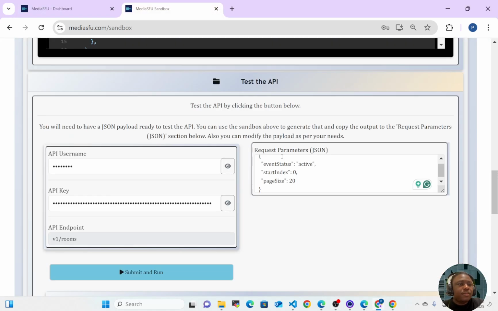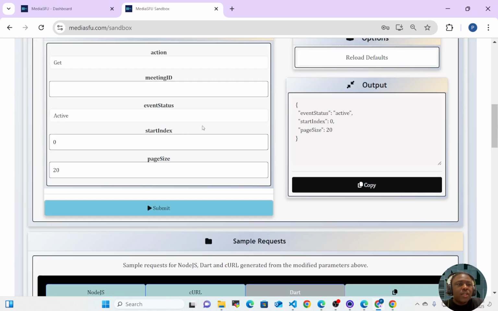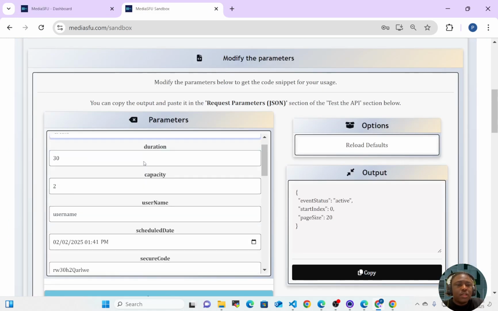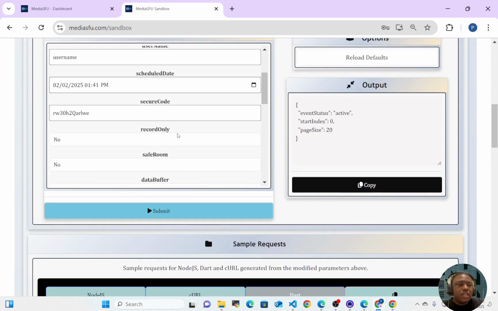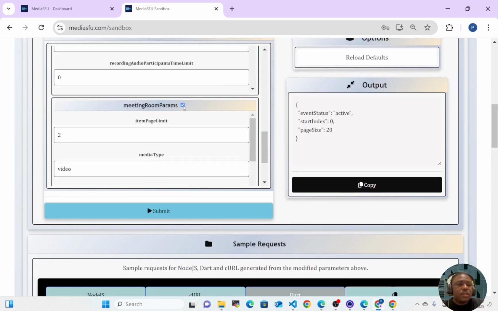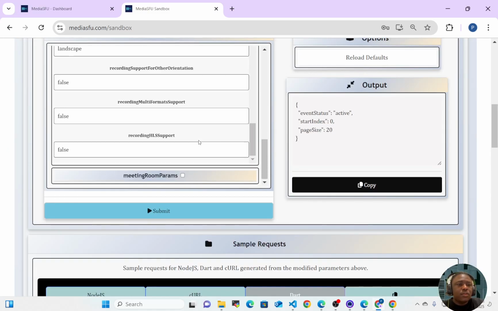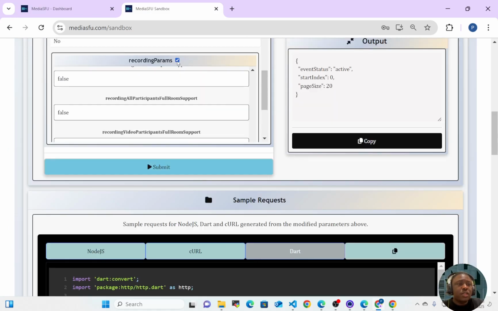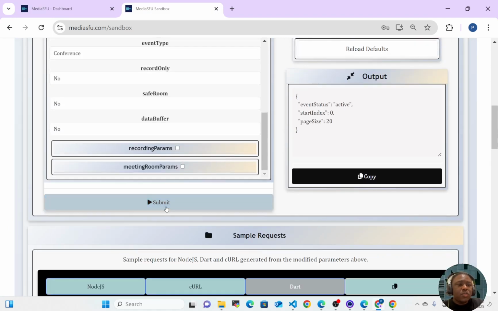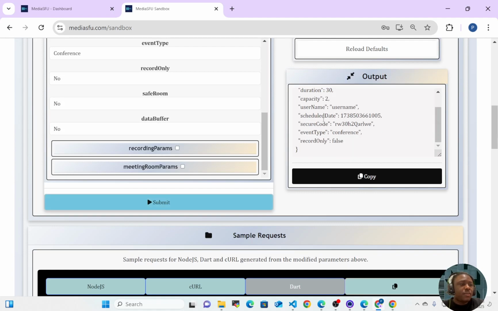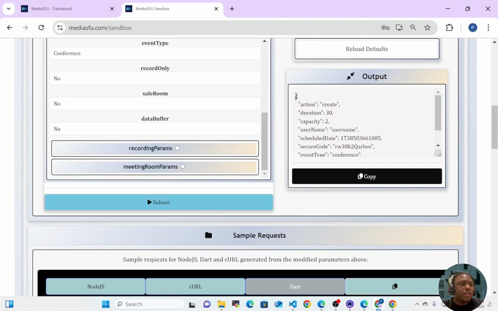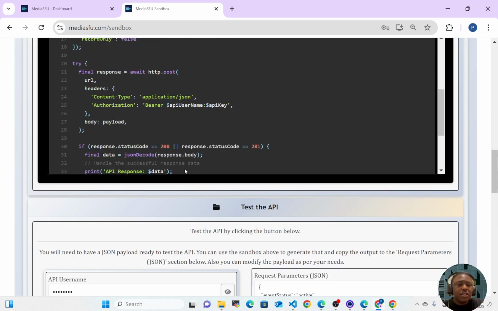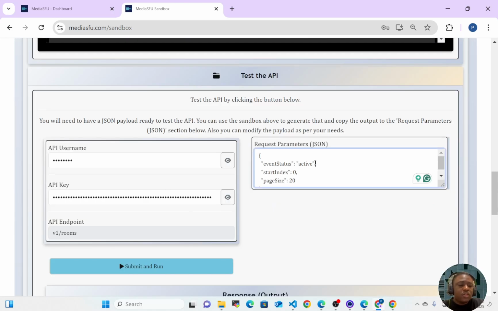In the sandbox, if I switch this request, I'm going to just make a create room request. And I'll just copy everything as it is. I want to check these details. The default MediaSFU setting is used if you don't pass that in the request. So I just want to make it as simple as possible. So this is some dummy example of Chrome. If I copy this